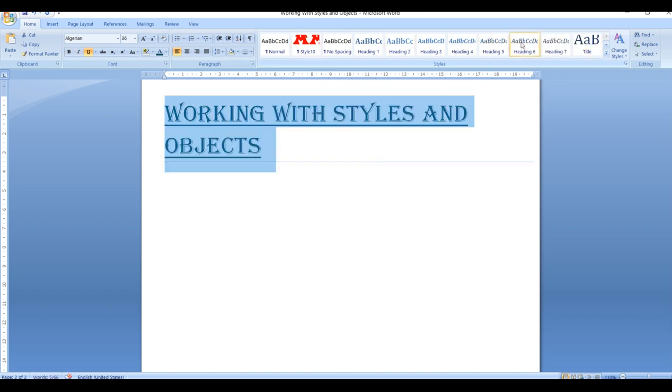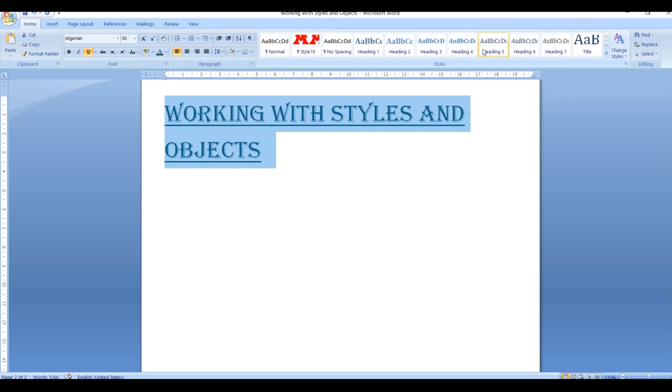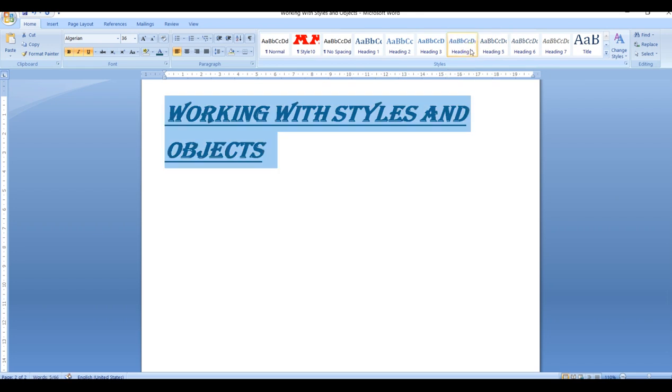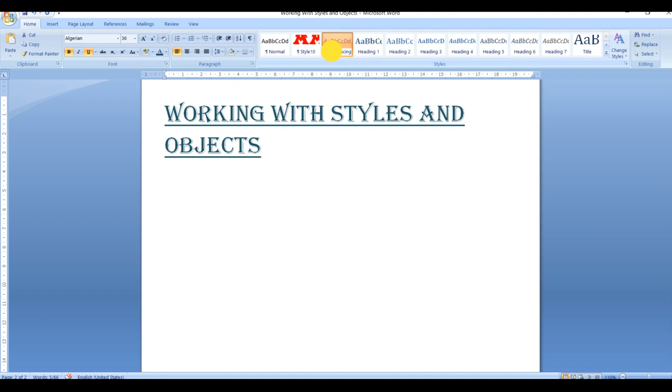These are the different kinds of built-in styles. Choose the one which you would like to. These are all styles which are already present in your Styles group.